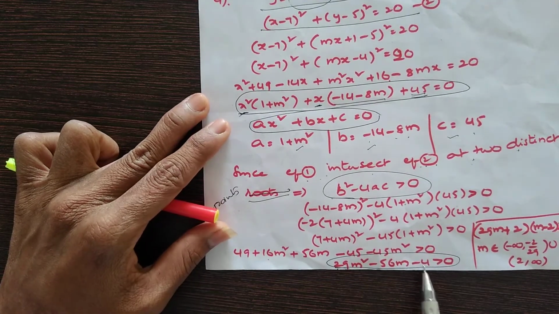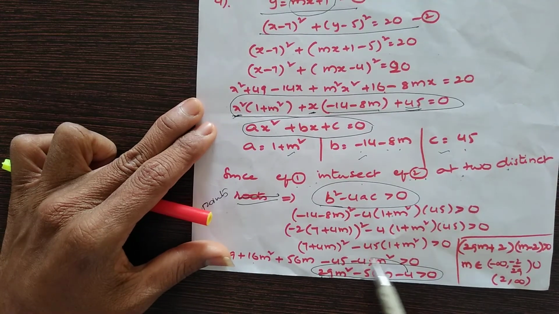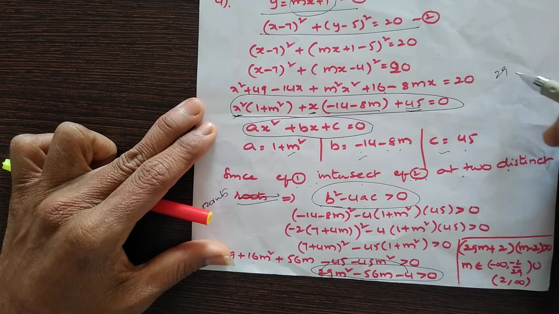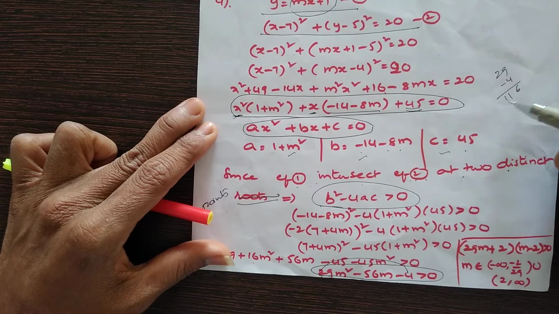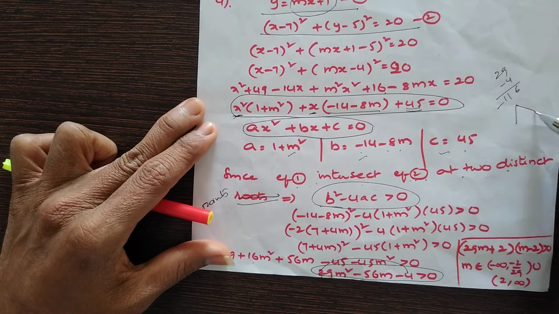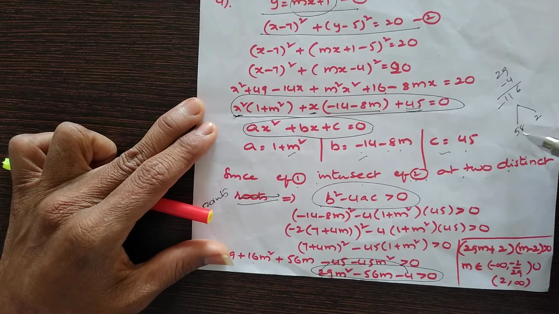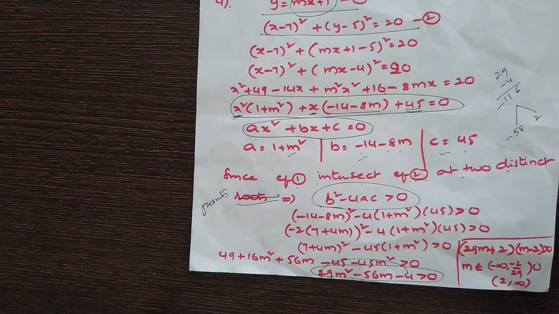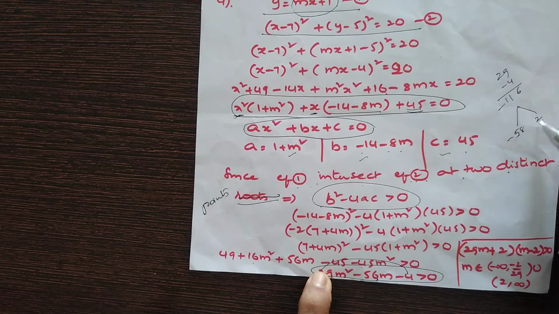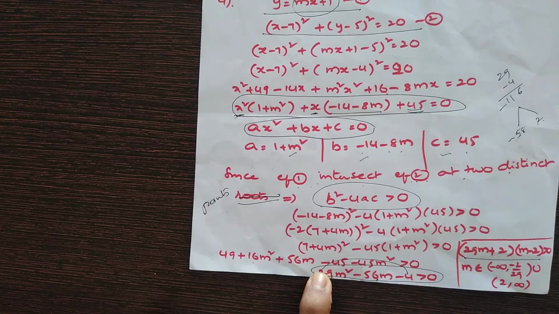Okay, and factorize here. 29 into 4, if you multiply, what you will get over here, 4 9s are 36, 116, minus 116. And if you split into two factors, what will it be over here, minus 58 and plus 2. Minus 58 plus 2 is minus 56. Okay, if you multiply this, 116. So if you simplify that, you will get the expression like this.